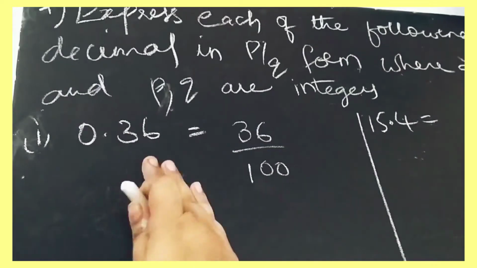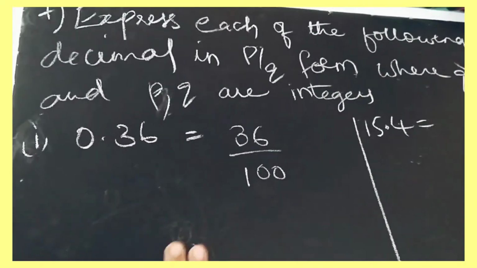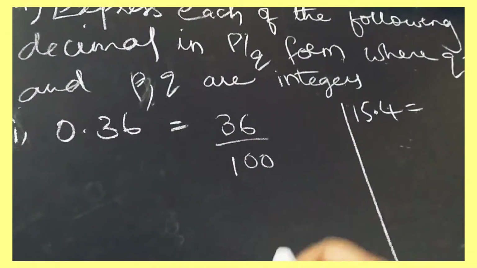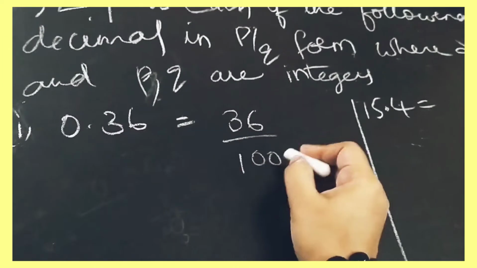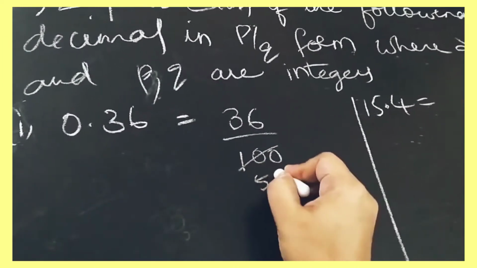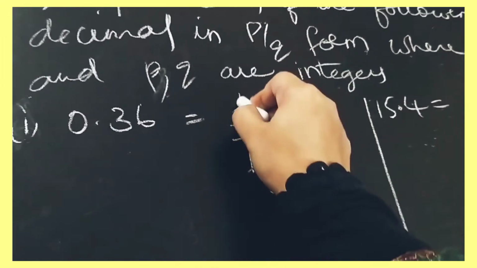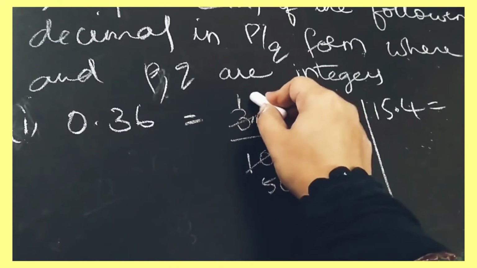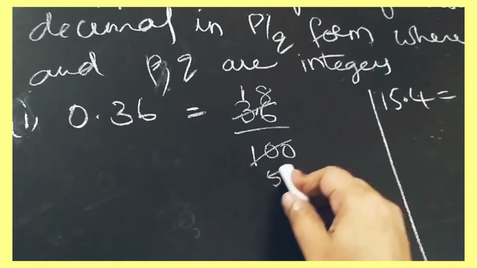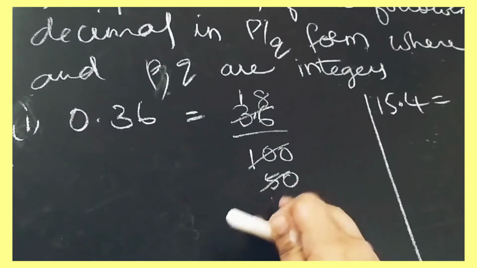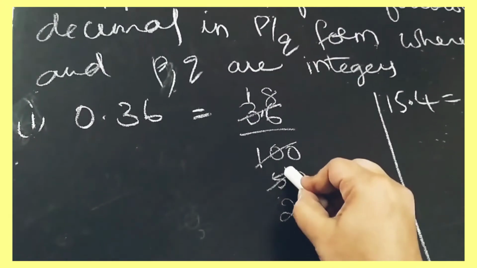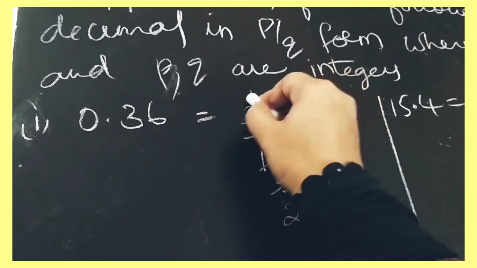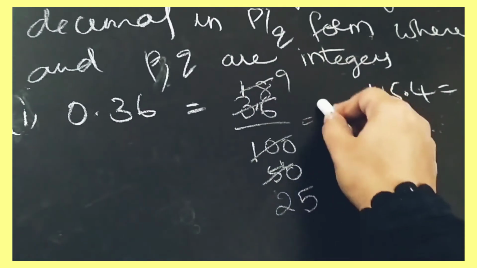Okay, so after the point, two digits are there, so you have to take 100 here. Again we'll do cancellation. 2 5s are 10, 0. 2 1s are 2, here 1 is left, so 3 is there. 2 8s are 16. Again 2 1s are 2, 2 2s are 4. Again 1 left here, 2 2s are 4, 5 is there now, so 2 5s are 10, 2 9s are 18. It is 9 by 25.